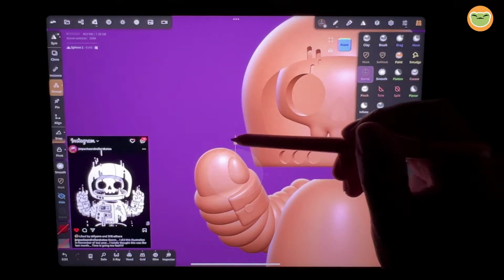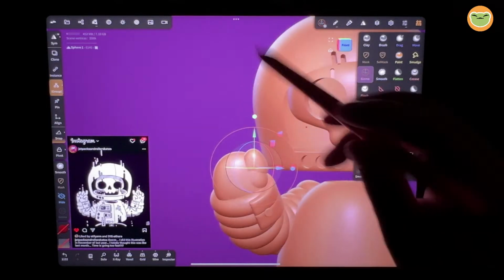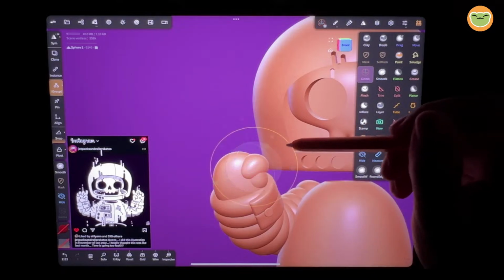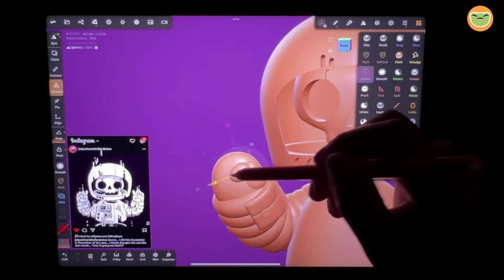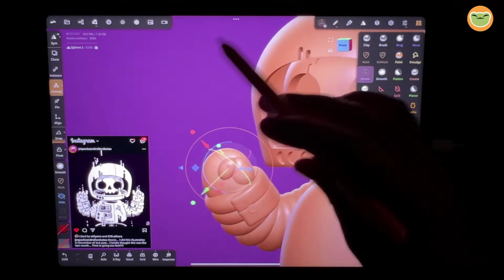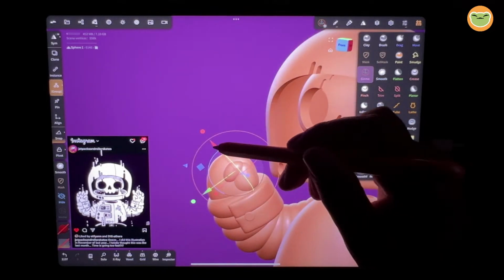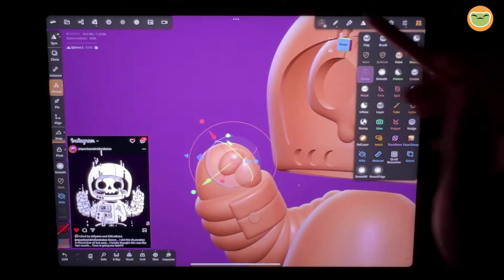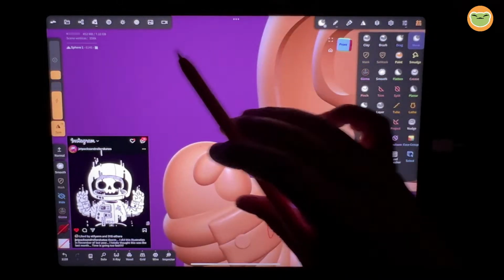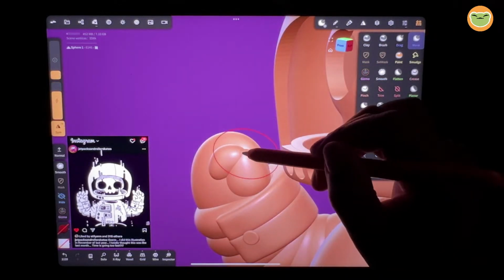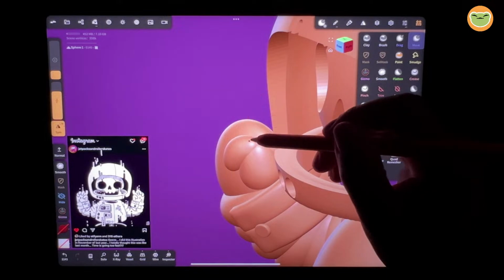Clone. And let's just make any old kind of thumb for now. We'll just kind of place it. And then we'll just use move and